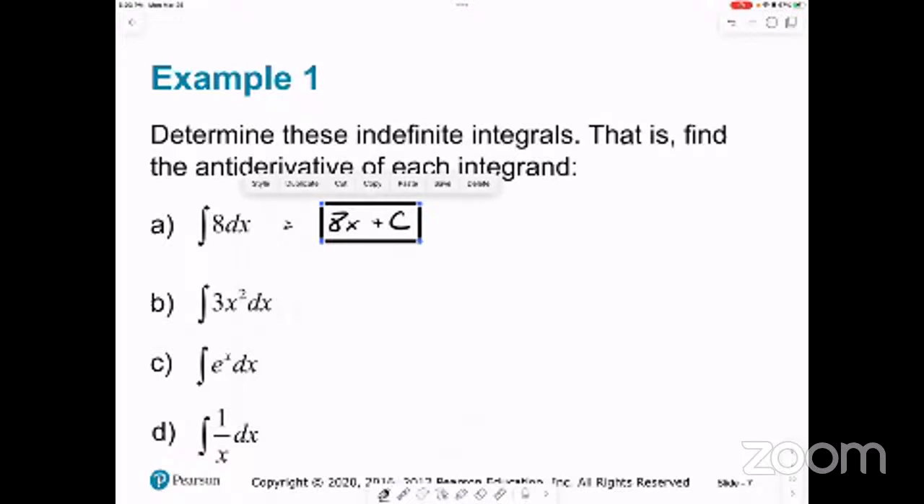Okay? So now we want the integral of 3x squared dx. Normally if we have the derivative of a power, the power comes down, right? And we subtract 1 from the power. So then the antiderivative